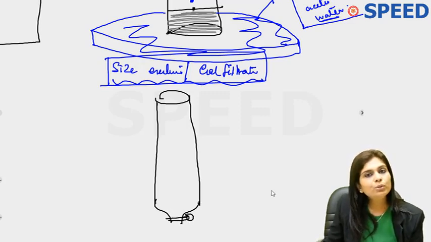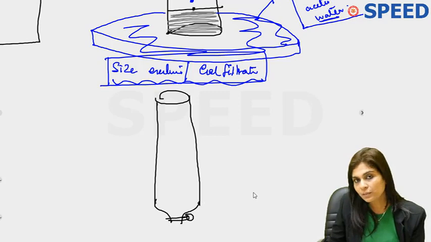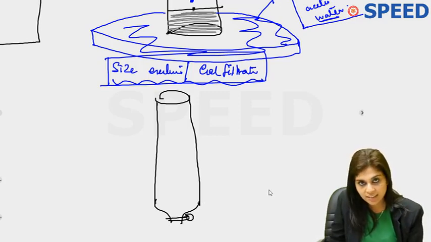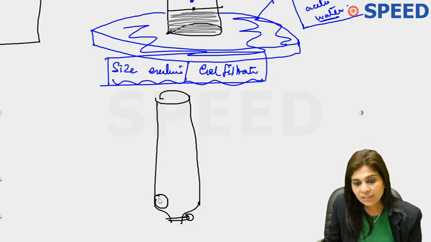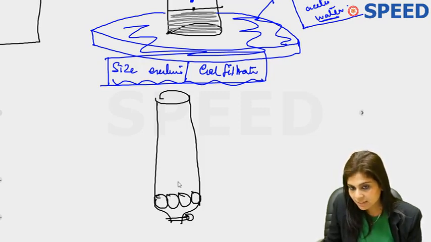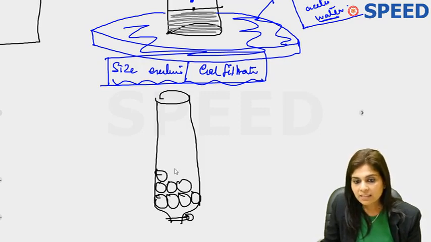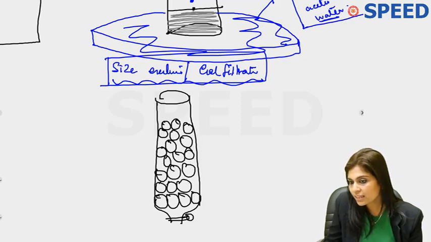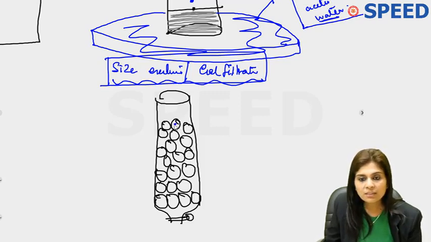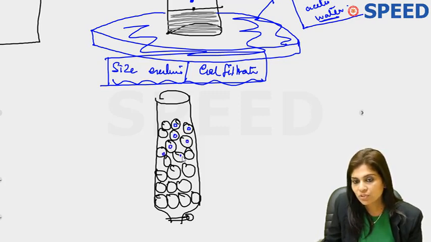Have you worked with the burette? In your school you must have worked with the burette with which you did titration, right? So that burette is the column that is used, and this column is filled with synthetic polymer beads. And these beads have pores. They have holes or pores. And the radius of these pores will be measured as Stokes radius. Let me show you pores with blue circles. So they have pores, and the radius of these pores will be measured as Stokes radius.